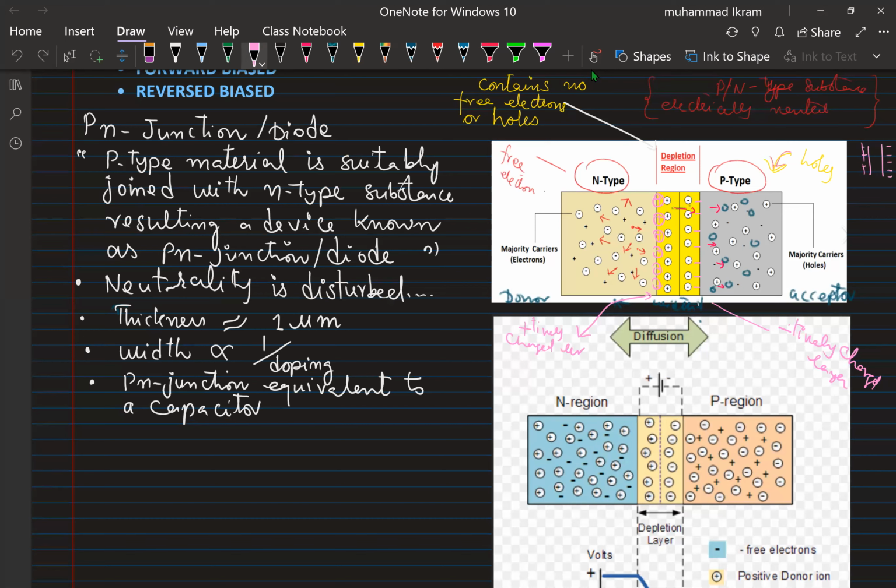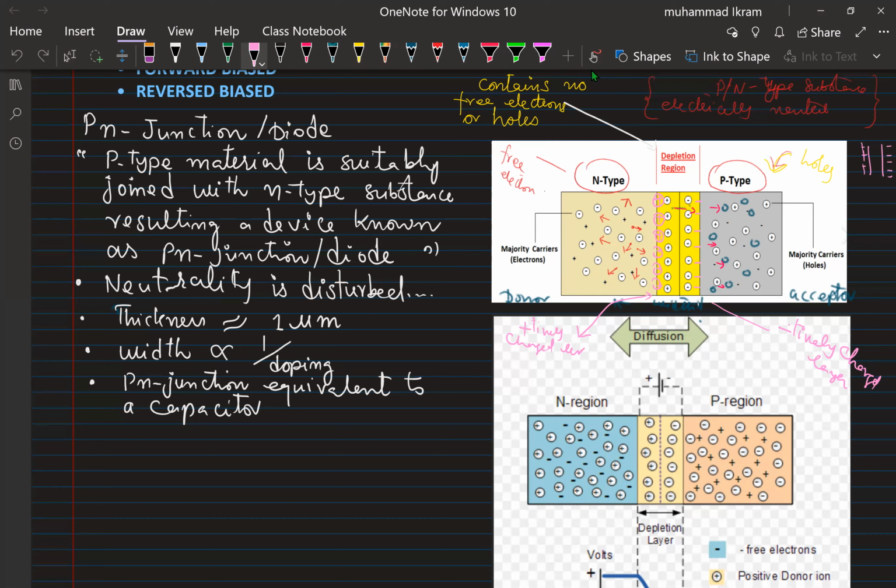You see here, there is a clear demonstration. Now, this diffusion will continue until the positive charge layer is developed here and the negative charge layer is developed here, and the diffusion of the free electrons from the N region to the P region stops because